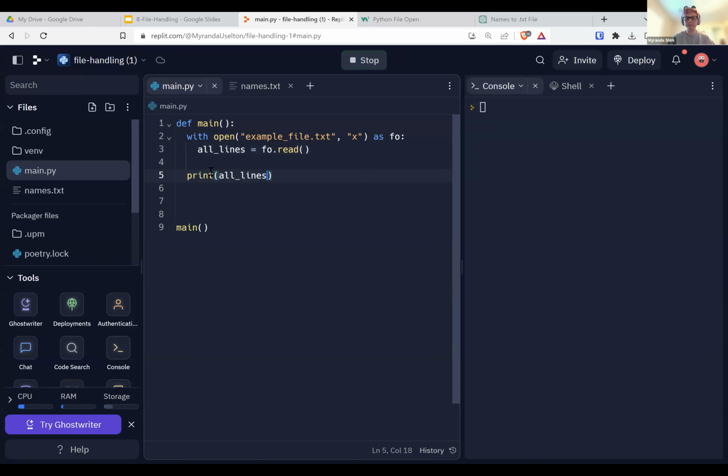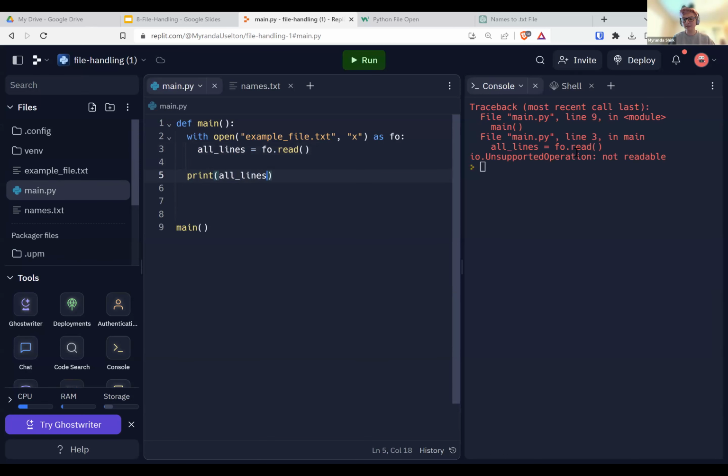Let's just see what happens here. Not readable. That's because it doesn't exist. There's nothing there. Or it could be because I messed up on my permissions again, but let's create our file just to show you.